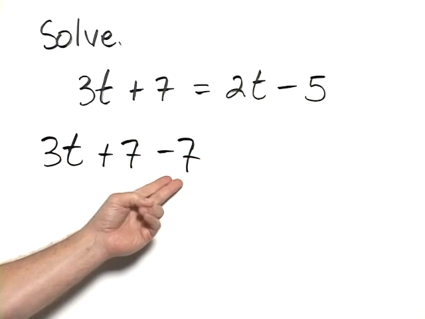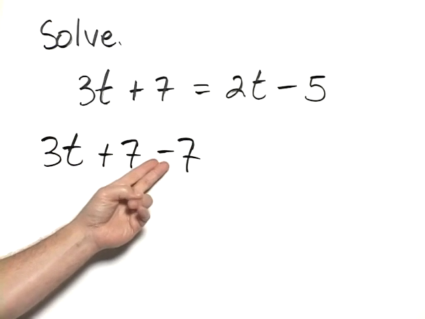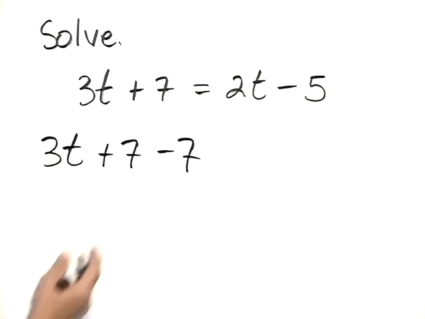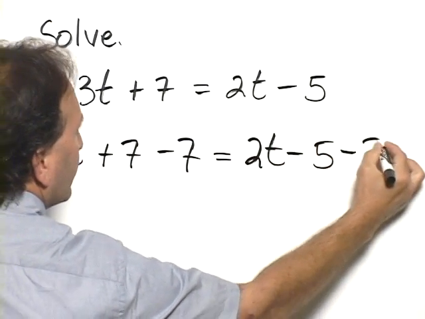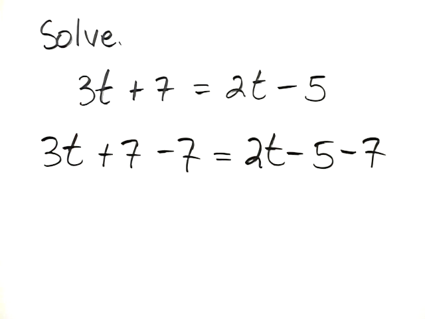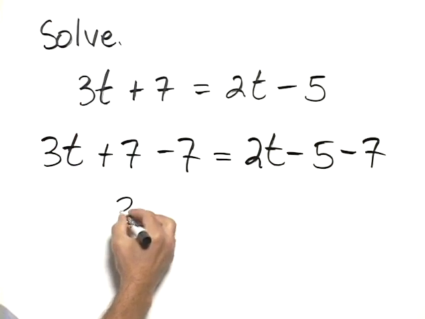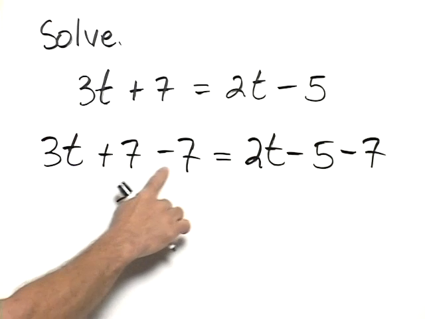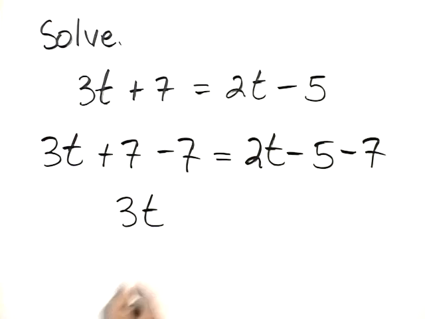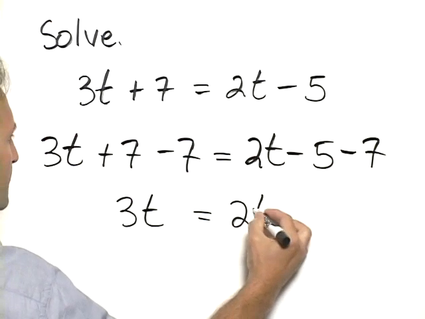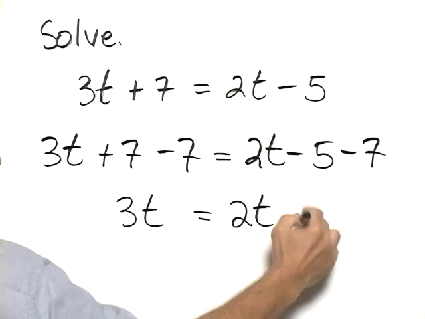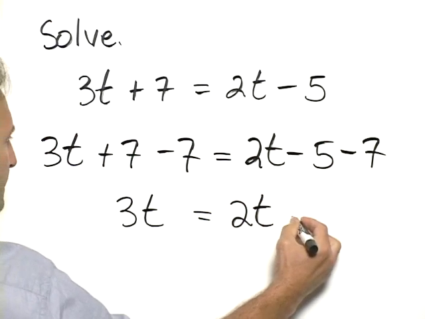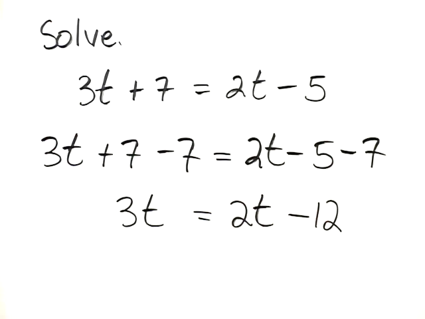sides. Remember, adding a negative 7 is the same as subtracting a positive 7, and that's the way that I've written it. So on the right-hand side, we also want to add a negative 7. Simplifying, on the left-hand side, we have 3t because, of course, these sum to 0. On the right-hand side, we have 2t. Negative 5 minus 7 is the same as negative 5 plus a negative